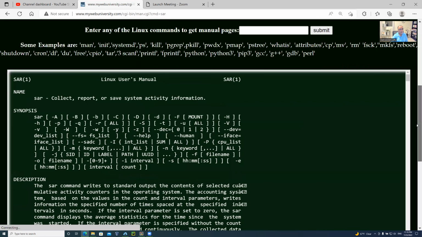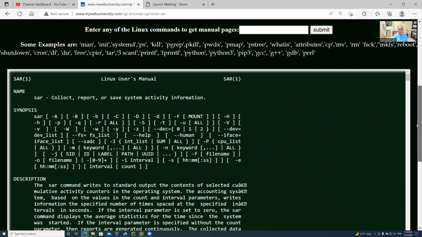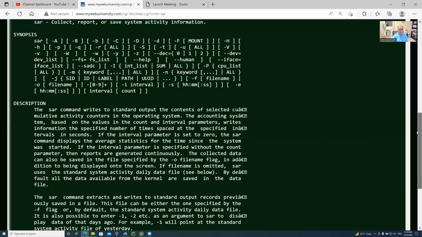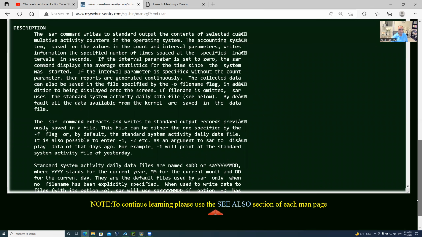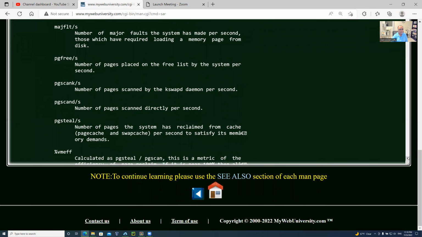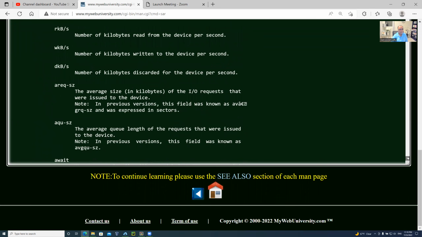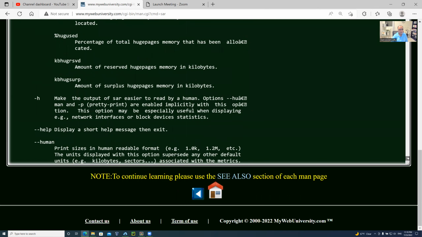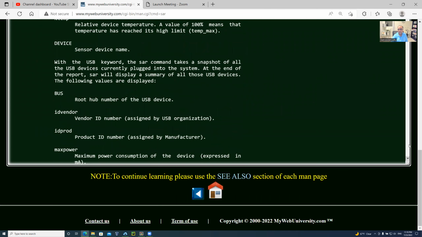So, the SAR in this case is a system activity report. Sometimes the SAR itself is a cron job that runs as sys. So the sys account has to be enabled, and then the cron job has to run as sys, and that has to be enabled on the system. When you start it, once you run those cron jobs, then you can just do sar -A for